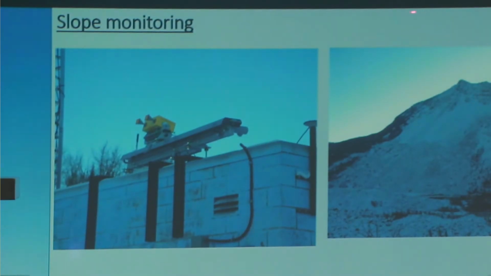The next one is the ground-based radar. We put this one in front of the Frank Slide. It was in 2010, and when we were putting it there, it was -39 outside temperature. And this one is really heavy. It's more than 250 kilograms, and it needs a crane to lift it from the ground to the top of this small hut. But how it works is you can see the two laser sources here.